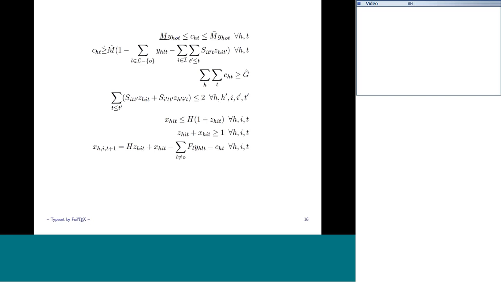More constraints just on interoperability and logical conditions associated with what the aircraft are doing, how many flight hours they have to have. There's obviously a minimum number of flight hours that they have to have before they go into maintenance, but you might rather send an aircraft in a couple hours early if it could avoid a queue later on. And so some of these constraints are associated with that. So again, a mixed integer programming model, and we'll talk a little bit later about how we solved it and what kind of results we got.